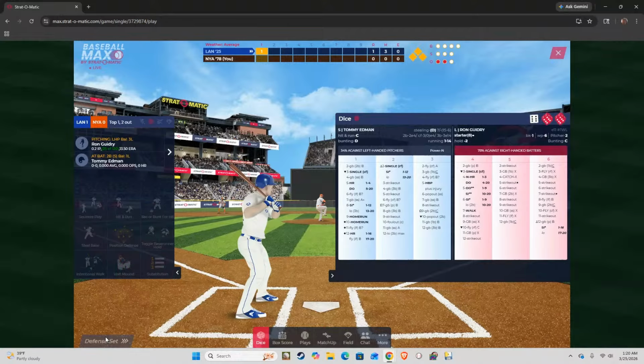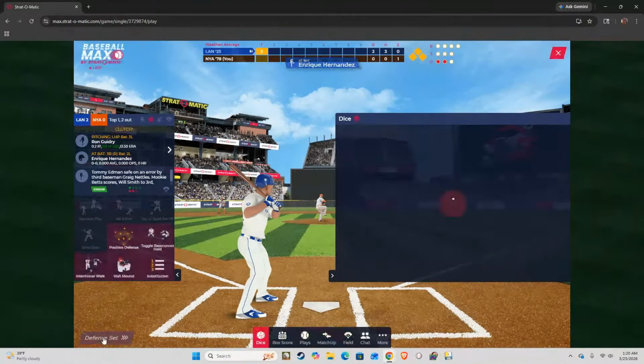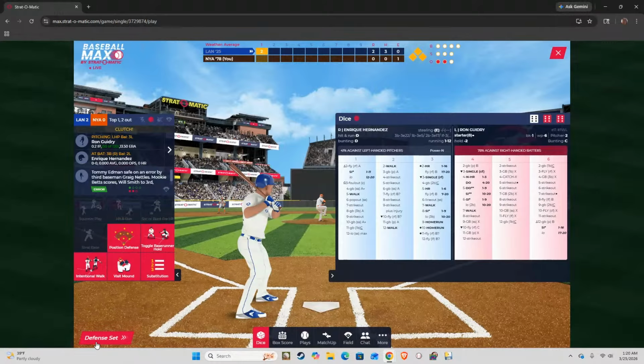All right, this should hit. And there we go. Oh, safe on an error. Oh my God, Guidry's got to be upset now. So yeah, safe on an error by Craig Nettles. So E5. Mookie Betts will come in to score. Will Smith moves to third, bases are loaded. Will Smith at third, Teoscar Hernandez at second, and Tommy Edman at first. And here's